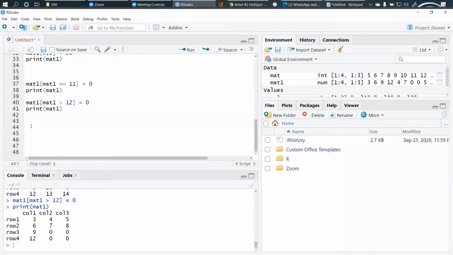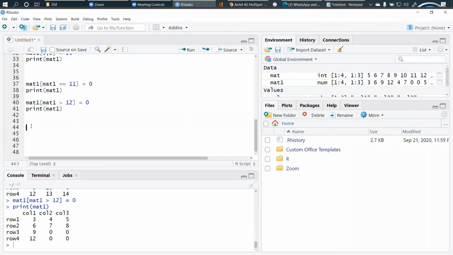There are two methods to do so. First is cbind and another is rbind, right? So cbind and rbind functions are used to add a column and a row respectively, right? So whenever you see bind, it will be binding the new row or new column to the existing matrix, right? So cbind defines binding columns, rbind defines binding rows, right?